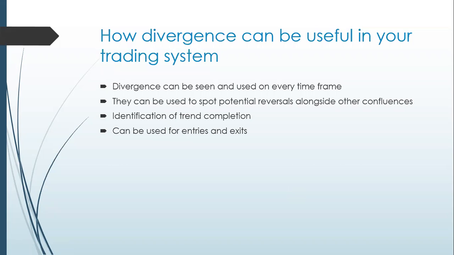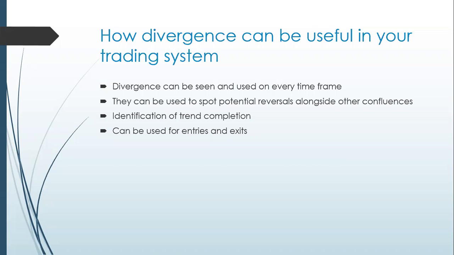Divergence can be useful to any trading system. It all depends on what kind of trader you are. If you're a swing trader, if you're a scalper, it doesn't matter. Divergence is crucial and important to any trading system, right? It can be used and seen on any time frame, on a daily, on a monthly time frame, all the way down to the 1 minute time frame, right? They can be used